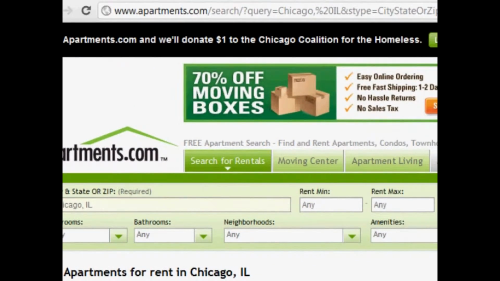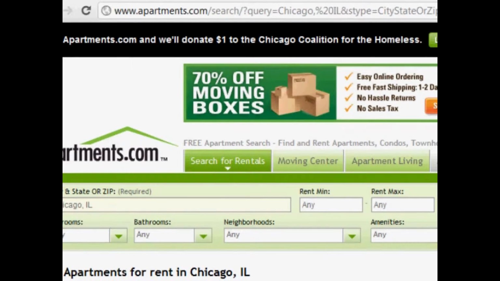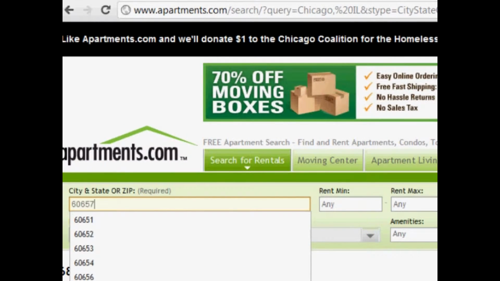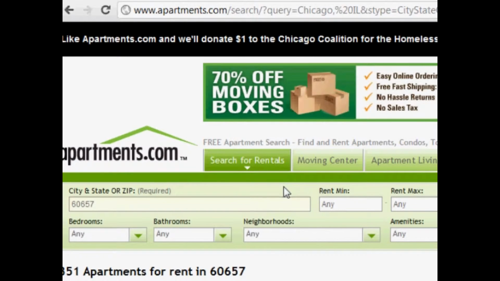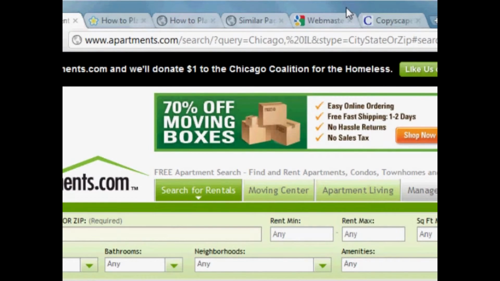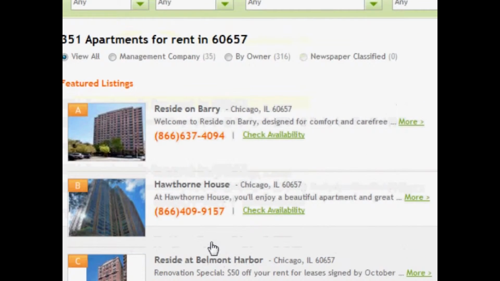Now, I could have easily gotten the same results by using a query that was different than Chicago. Let's say, for example, I did a search for the zip code 60657, which again is where I live. And now the URL has changed. There's a lot more parameters up here, but it's possible that the content on the page, the actual listings down here, would not change. And you know, it's not as big a deal with this particular example, but you get